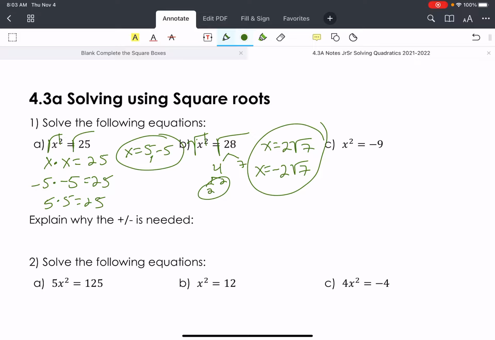This one, you have to be smarter than your calculator completely because for most of you, if you type in the square root of -9, it's probably going to give you an error. But again, good thing you have Miss Summers as your math teacher because she taught you how to deal with square roots of negative numbers. And you're not going to break my heart and you're going to remember square root of a negative number? Imaginary, I have to use an i. So what is the square root of 9? 3. So x on this one is 3i and